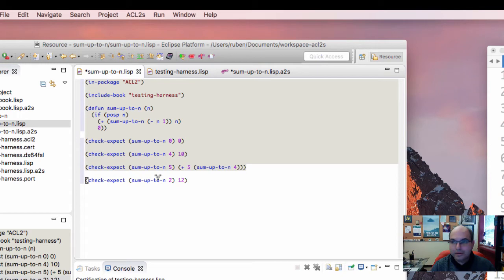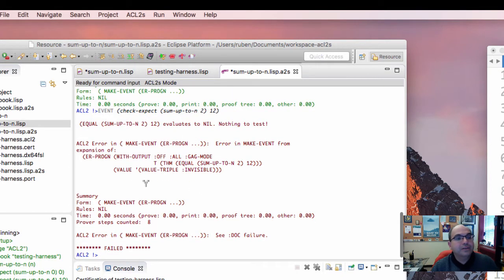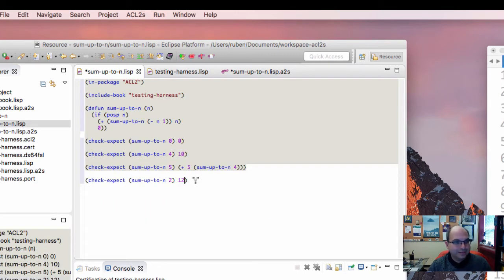Notice that it actually rejected it. When it went up, it said, no, I don't believe that. And here it's telling us, I'm sorry, I was unable to test that, right? So that's good. That means our test cases probably have a chance of working, right? Okay, so let's